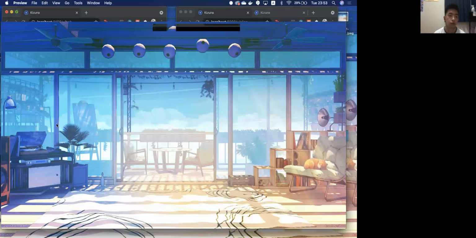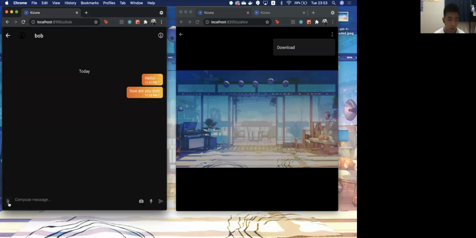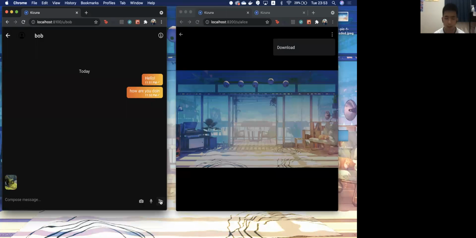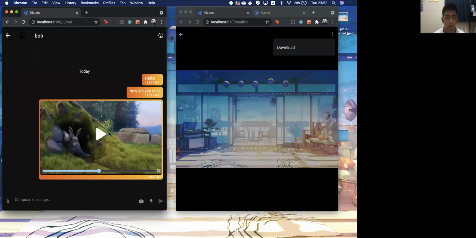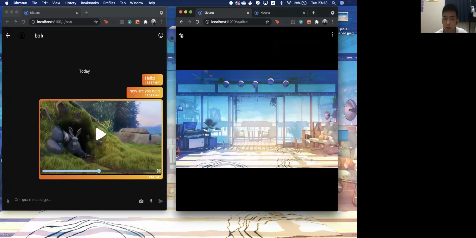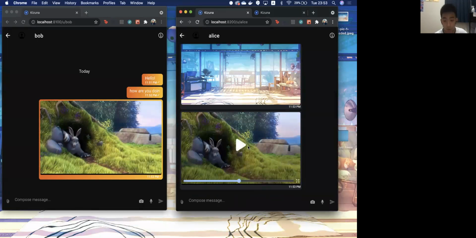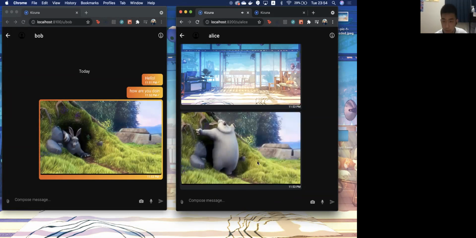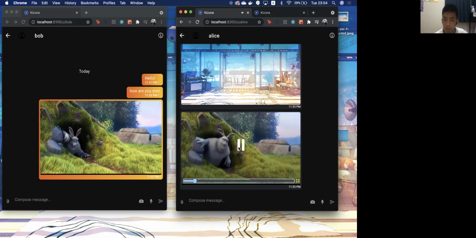That works. And we can also send a video. Let's choose this. Okay, it might not appear again. Oh, okay, now the video appeared. It's a bit weird that the image is not appearing. But, oh, sorry, I forgot to go back here. Bob was also able to receive it and could play it. There. So this is for video.